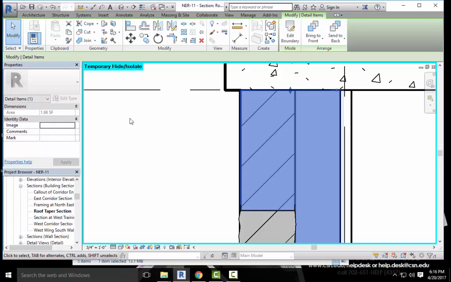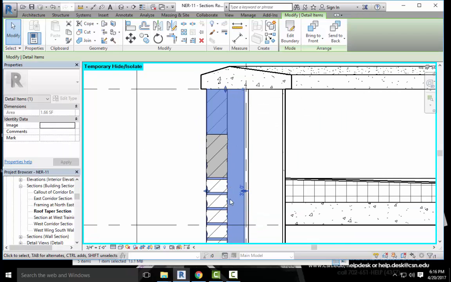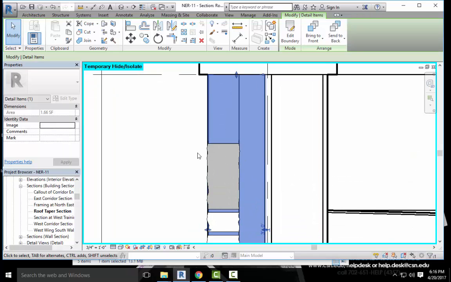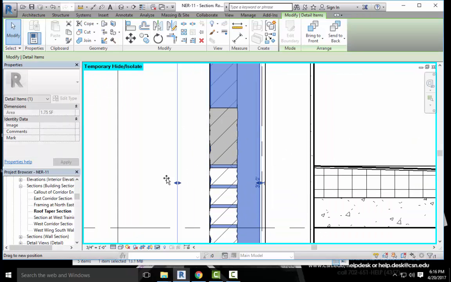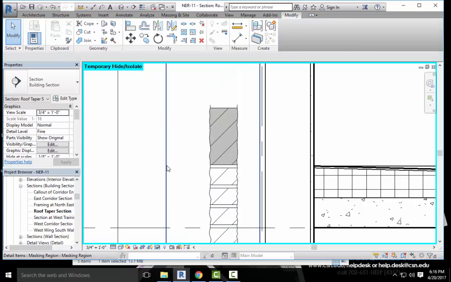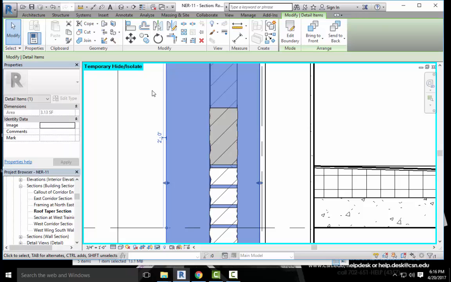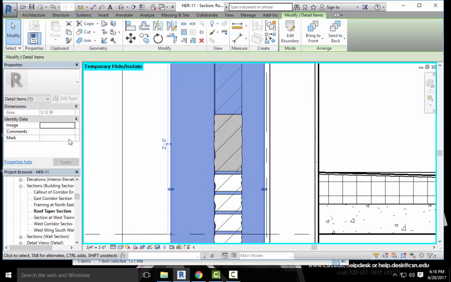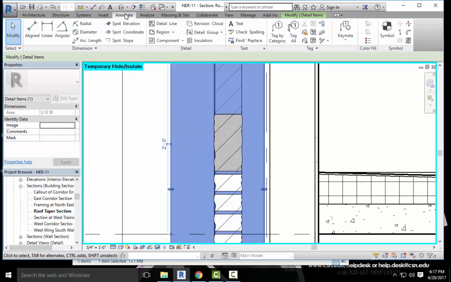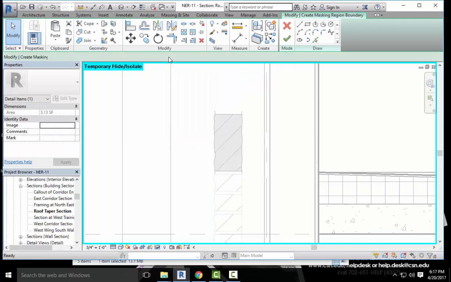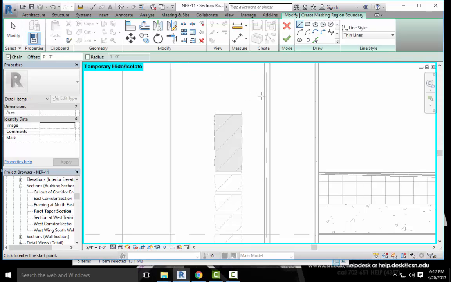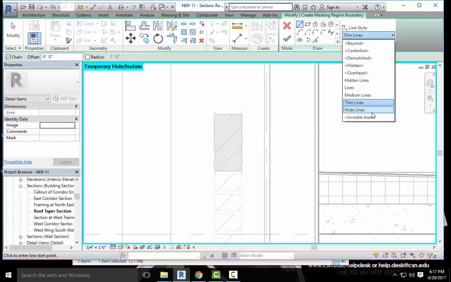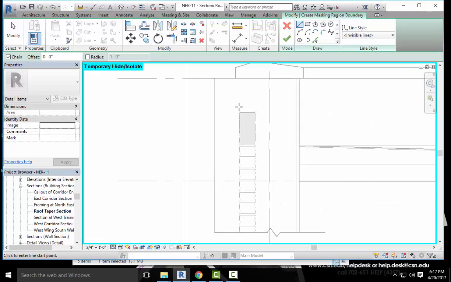Then I can click here. So this is a masking region, right? That masking region has a black line around it right now. So if I dragged this all the way out, you would see that there's still a black line here, right? We can change the properties of that masking region. When we create the masking region, see this line style right here? It says thin lines. If I tell it that I want invisible lines, and I draw that masking region,